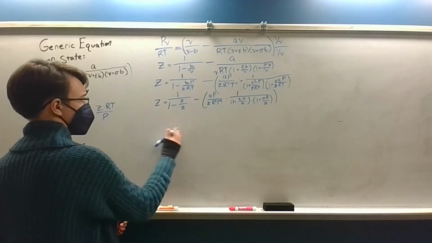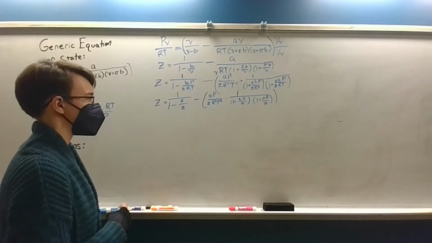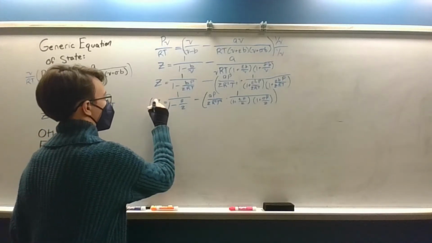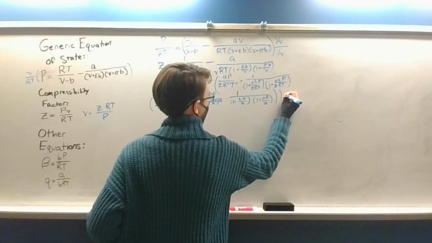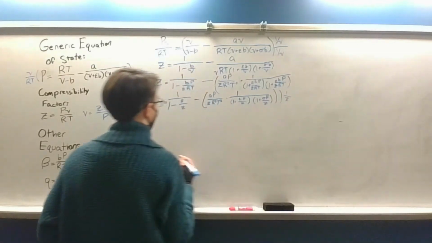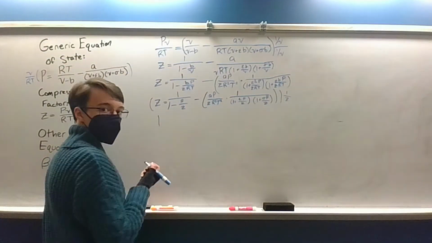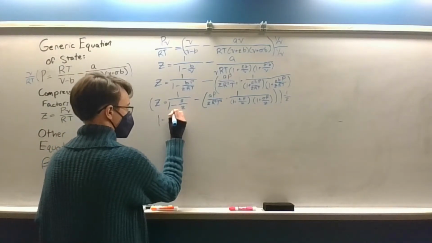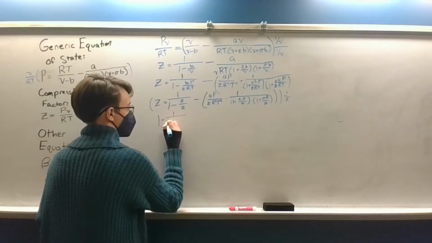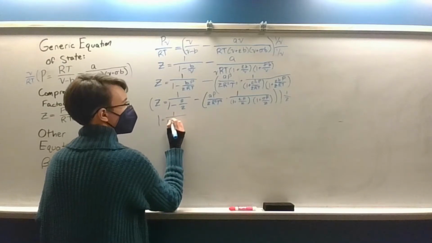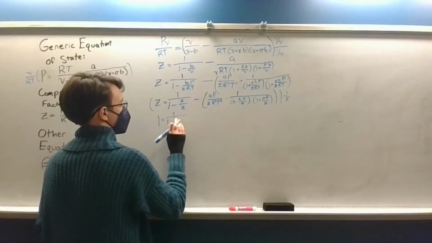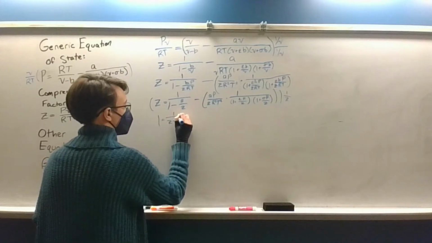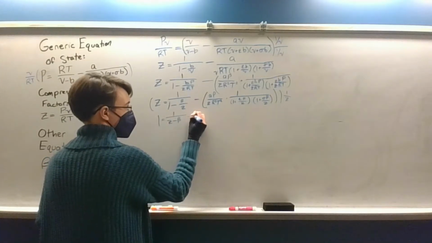So we're going to end up wanting all of our Z's to be on the same side, so we might as well go ahead and divide everything by Z. Or in other words, multiply everything by 1 over Z. So that will get us a 1 on this side, and then a 1 over 1. So then we'll multiply Z by this bottom. So we'll have Z minus beta minus,